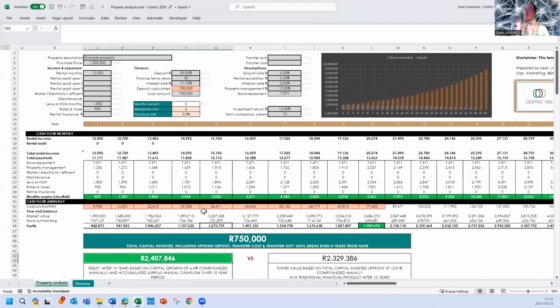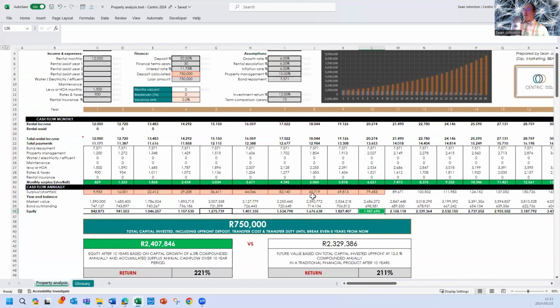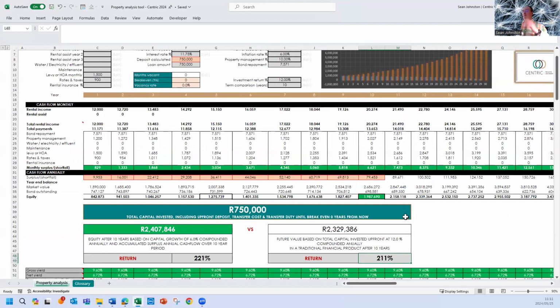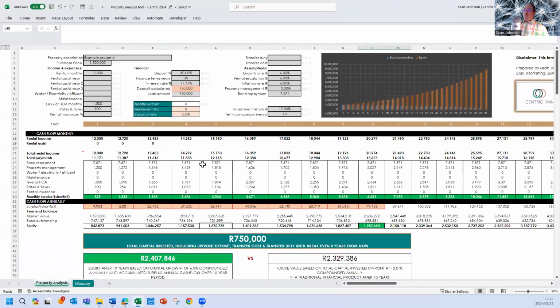You will see that just on the cash flow now, because there's a less bond starting off, equity is obviously going to change. So now we can see the equity of the 10 years is 1.987 million plus the accumulated cash flow, which is 420,155. Add the two together, you get 2.4 million. 750 invested at 12% compounded annually over 10 years, you'll get 211. So again, you might say, wow, if I buy the property at 50% leveraging, and I achieve all these assumptions,